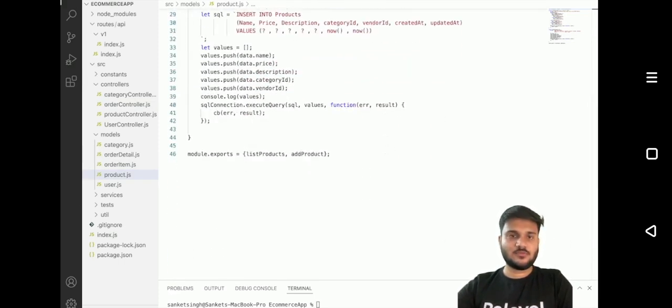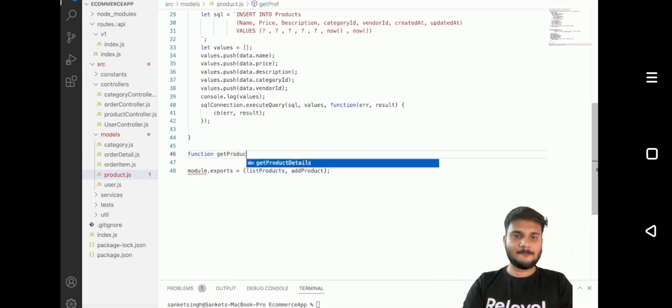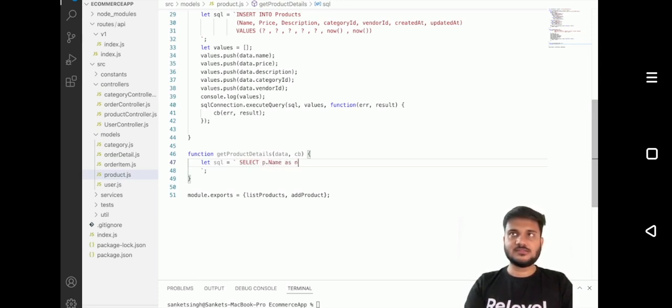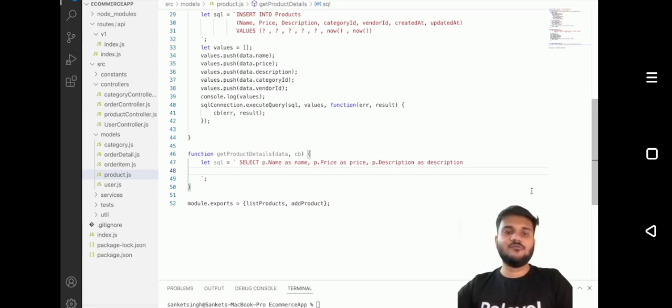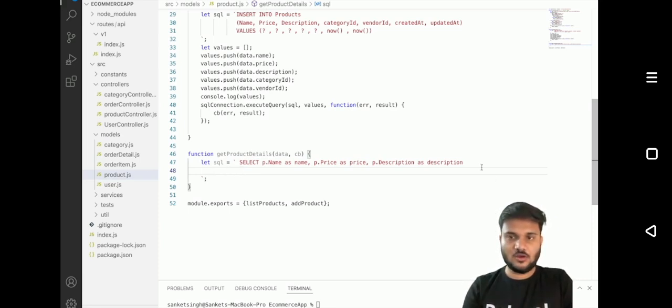Here we are going to add a function, getProductDetails. We'll prepare a SQL again. Okay, so select p.name as name, p.price as price, p.description as description, right? Now there will be a kind of a complex query now. So we'll first of all check the count of the order items. So this is also going to be done. So let's say comma,